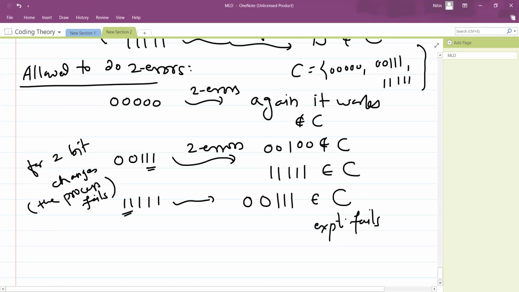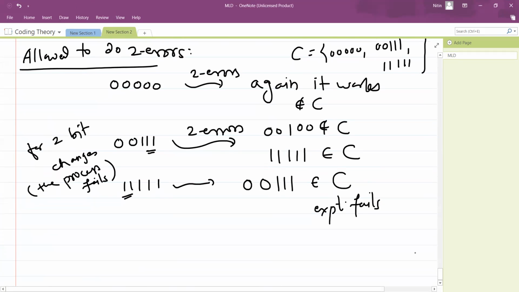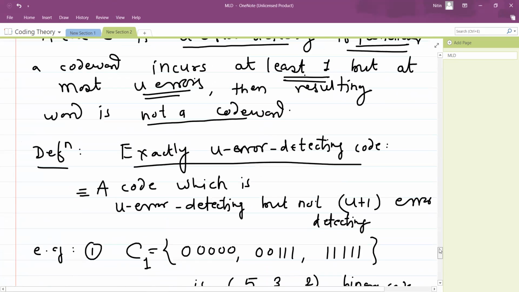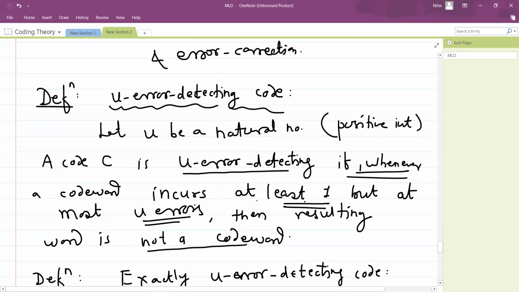So that means how many errors are you allowed to do? Therefore, committing at least one, because we have written over here somewhere that we are allowed to do one error. And see why I'm using at least: in the definition, they're saying if the code incurs at least one